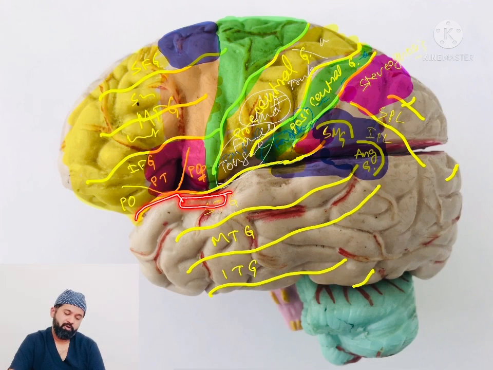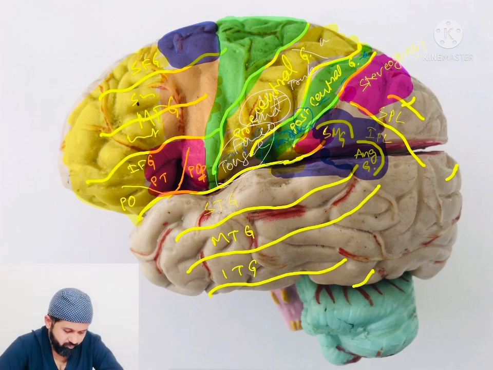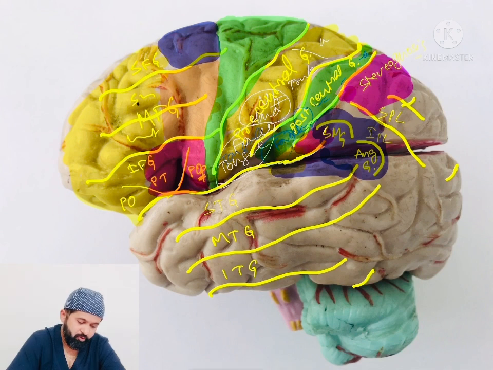In front of the primary auditory area, near the temporal pole, we have the primary olfactory area, which perceives smell. The primary olfactory area in humans is much less developed compared to some other animals, but this area is still known as the primary olfactory area. It is part of the rhinencephalon, which is not that well developed in humans. So that is the temporal lobe, which has its more important parts on the superior temporal gyrus. We don't have any eloquent areas on the middle and inferior temporal gyri.